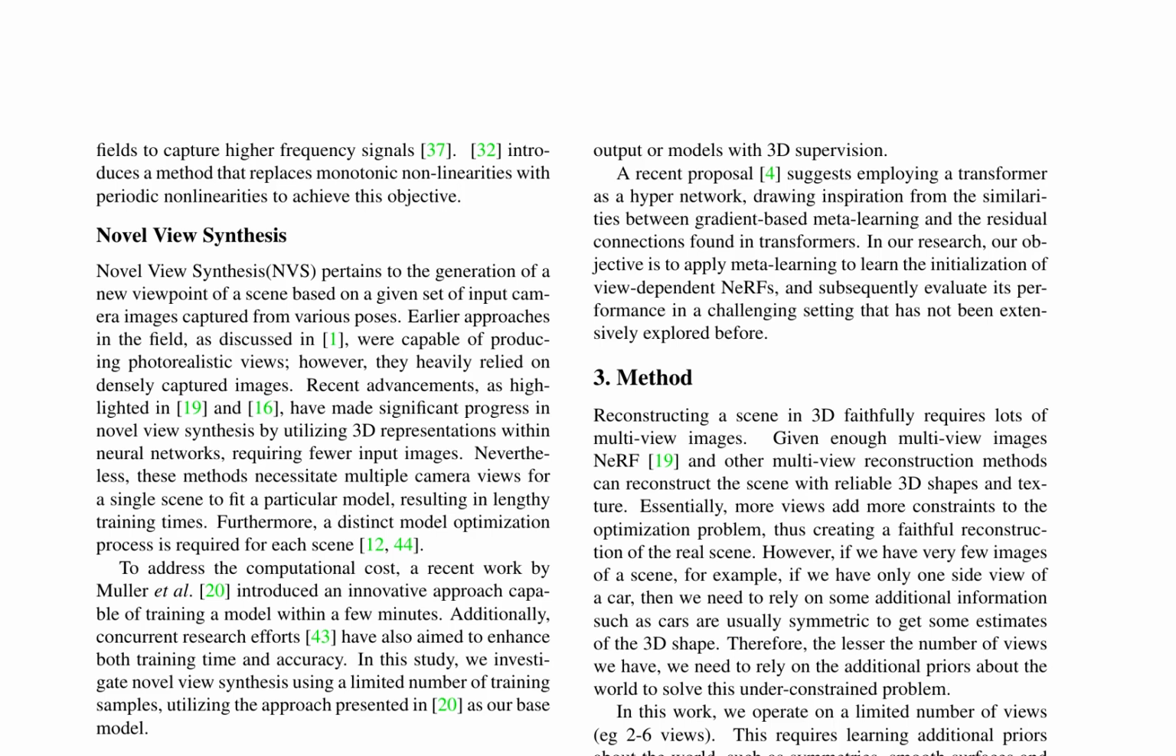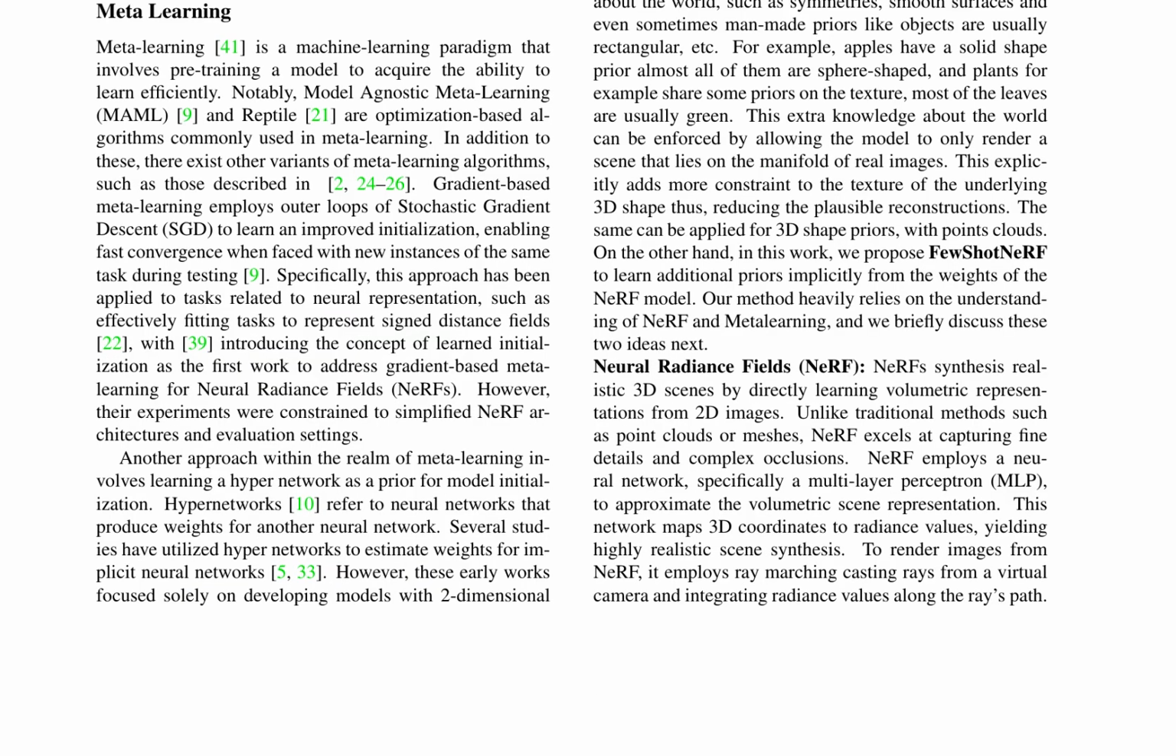Meta-learning is a machine learning paradigm that involves pre-training a model to acquire the ability to learn efficiently. Model-agnostic meta-learning, MAML, and Reptile are optimization-based algorithms commonly used in meta-learning. Gradient-based meta-learning employs outer loops of stochastic gradient descent, SGD, to learn an improved initialization, enabling fast convergence when faced with new instances of the same task during testing. This research aims to apply meta-learning to learn the initialization of view-dependent neural radiance fields, NeRFs, and evaluate its performance